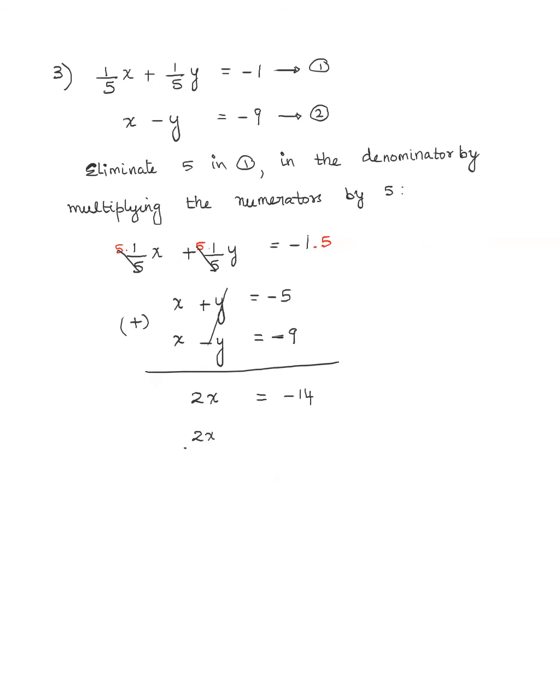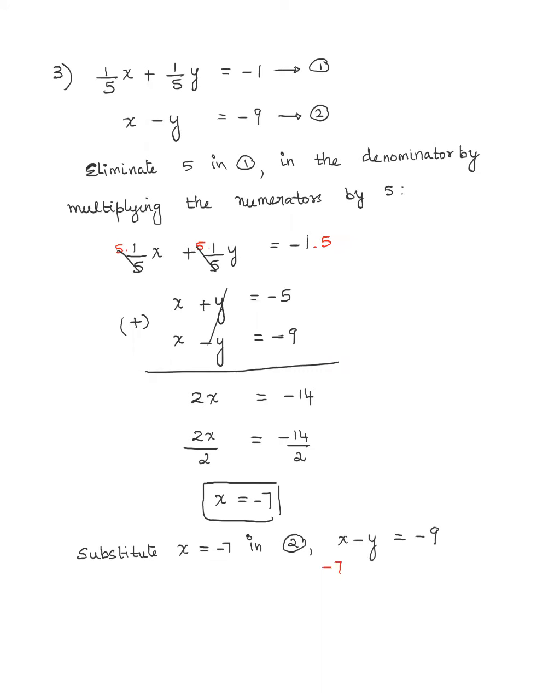So divide by 2 both sides. We get x equals -7. So now we can get the y by substituting in any one of these equations. So I'm going to plug in -7 in the second equation, in equation 2, which is x minus y equals -9. So we're going to plug in -7 for x